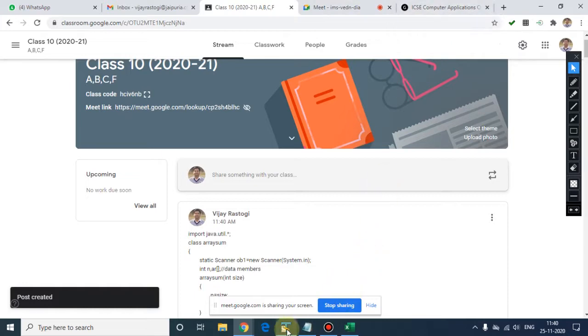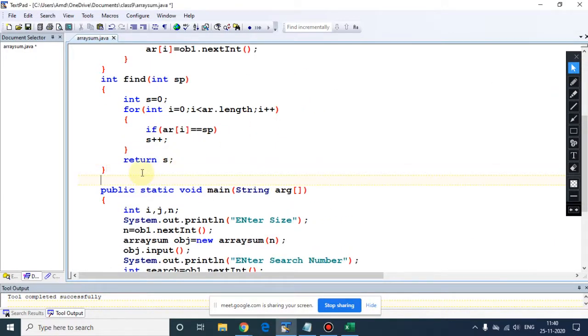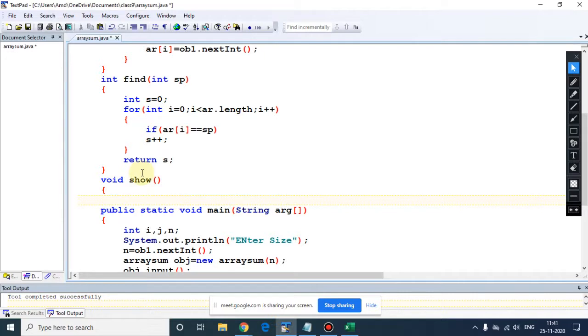So the same way, I am again posting this question in the GCR, and now let me show you some changes. Now see, in this program we are printing the result in the main method. So now if you don't want to print in the main, then what are we supposed to do? We are supposed to use an additional method, void show, and in that we need to call this frequency method. But if you see in this find method, we are passing a parameter.